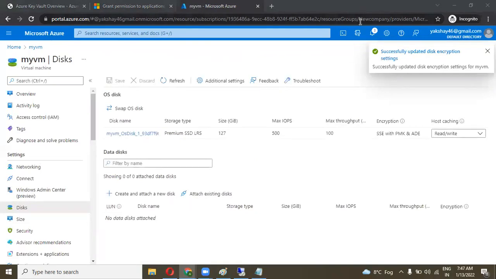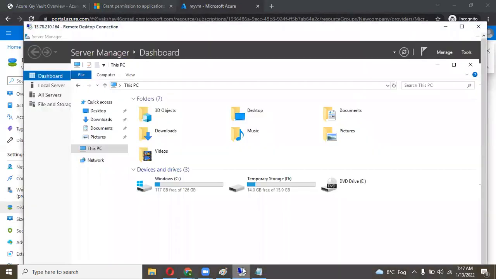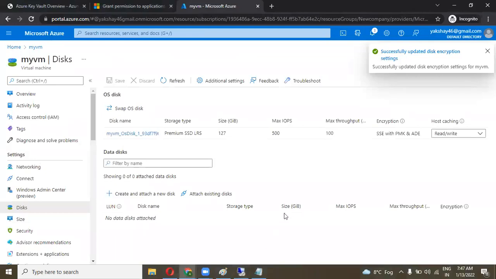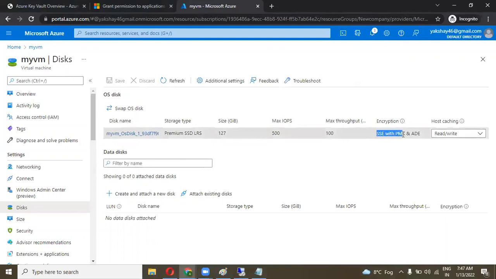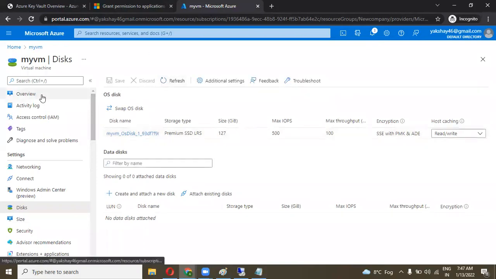Yes, now validation successfully, and now you can see encryption is available with SSE with PMK and ADE. Now go back, refresh this page and go back to the overview.